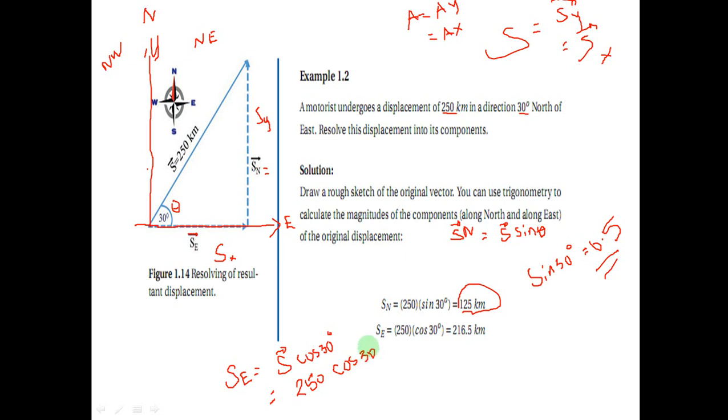It's going to be 260 16.5 ኪሎ ሜትር እናገኛለን ማለት ነው።